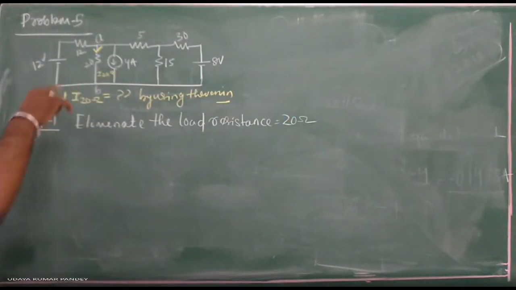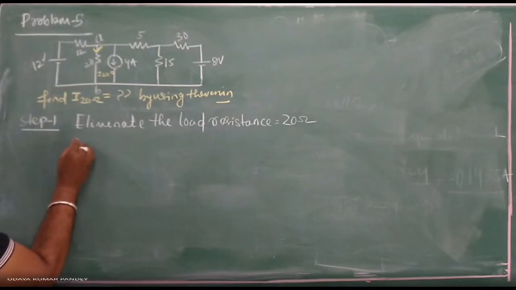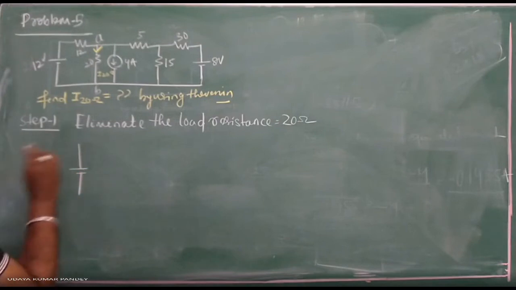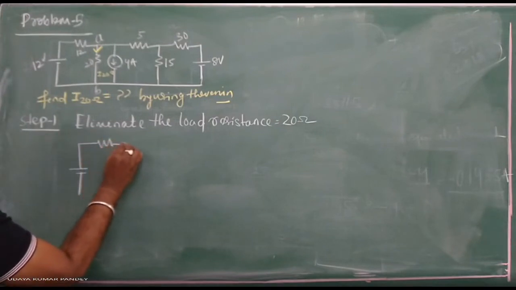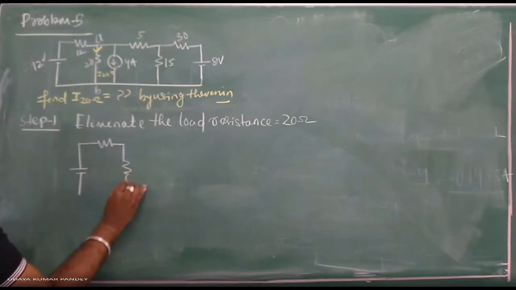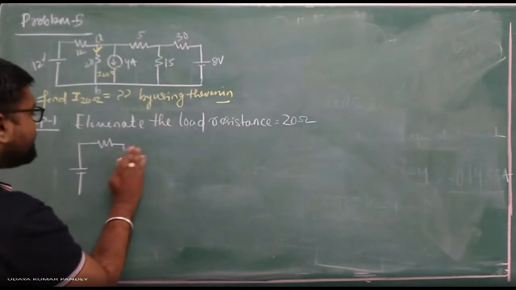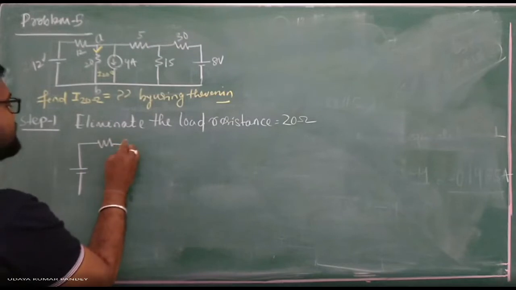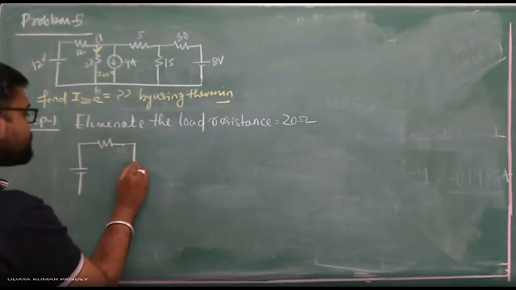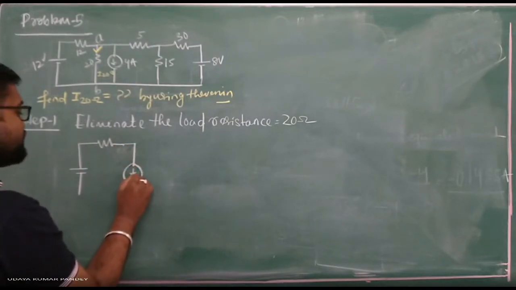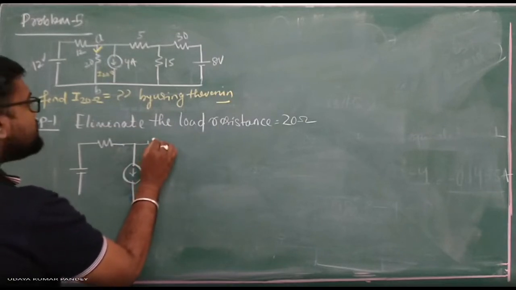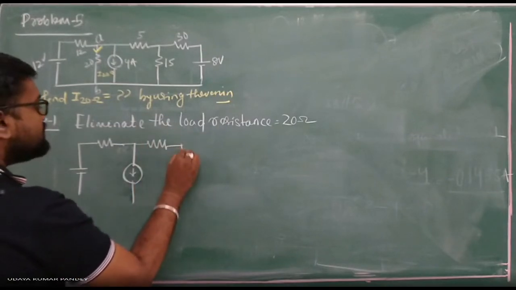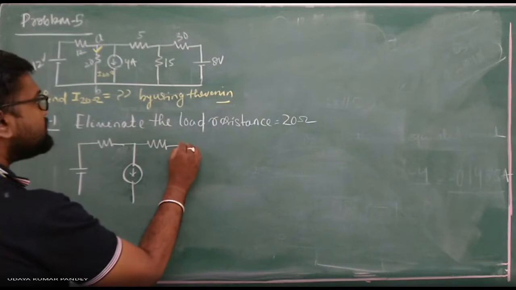And redraw the circuit. When you are redrawing this circuit, you have to put the voltage potential 12 volt. Again, this is open because I am eliminating this part. Then again you have a current source, current source is downward, then this is your 5 ohm, then 15, 30,